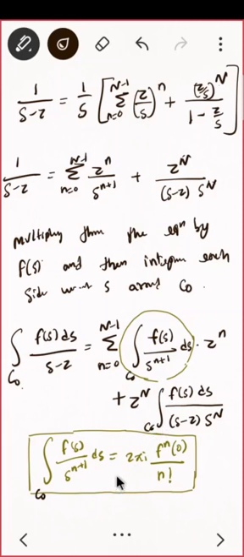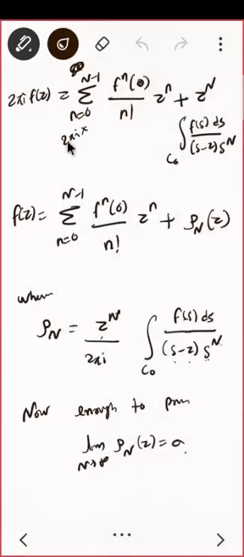Okay. So this is what 2 pi f, so at this place I will be having 2 pi f nth derivative upon n factorial. And here in the left hand side by Cauchy integral formula, that is it is divided by 2 pi i, I'll be having this. Whatever I got, I have called it rho n. Now I just have to take the limit.